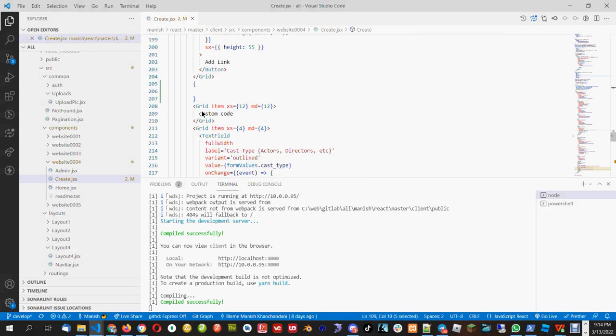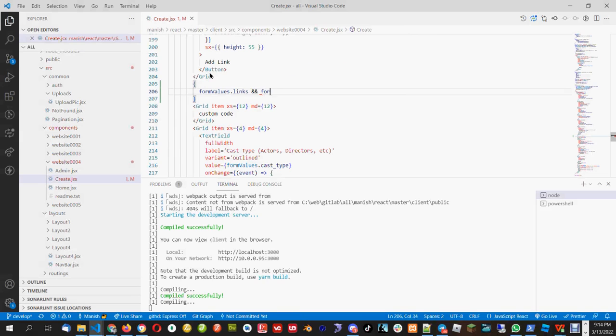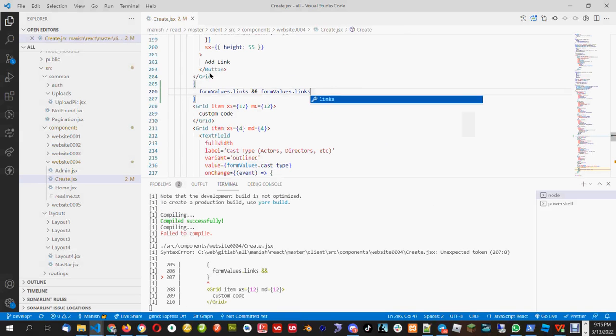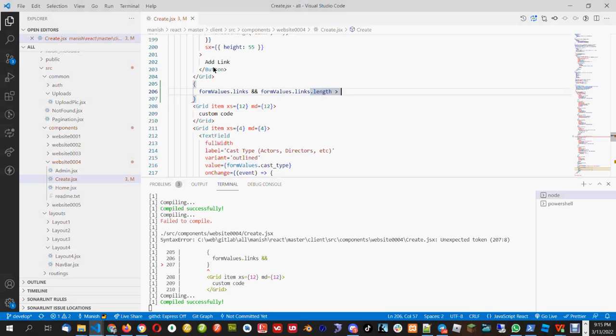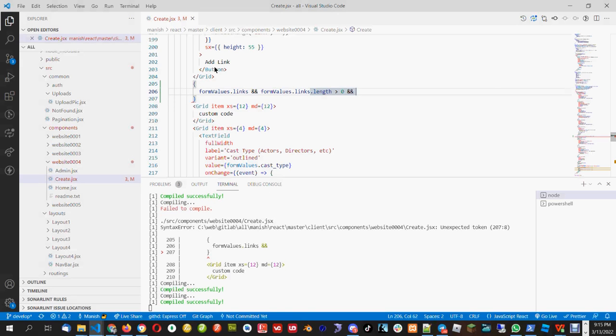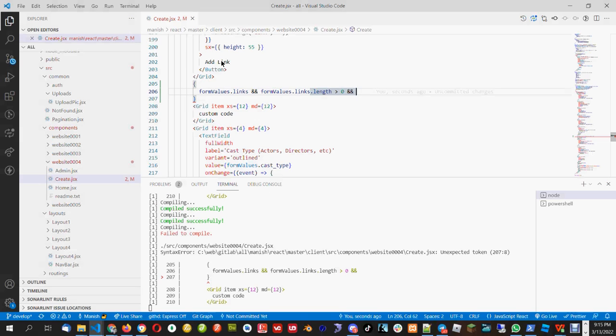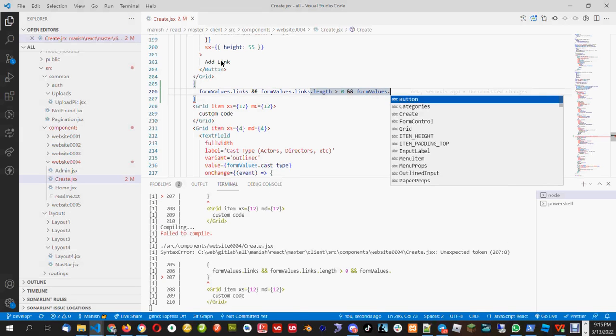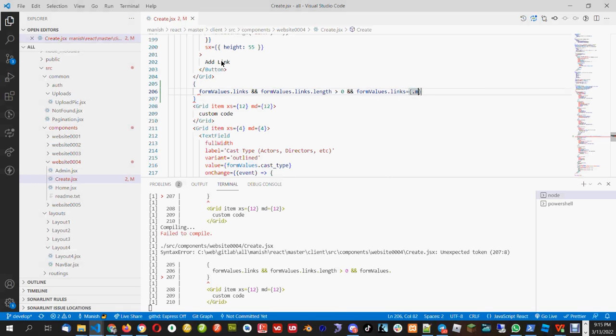So we say if we have form values dot links and form values dot links dot length is greater than 0, then I use the map function to loop it. We'll say form values dot links dot map,